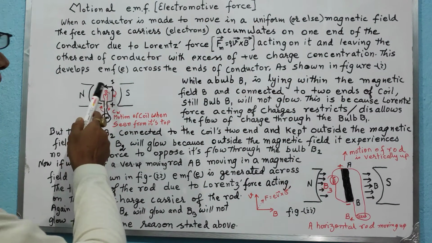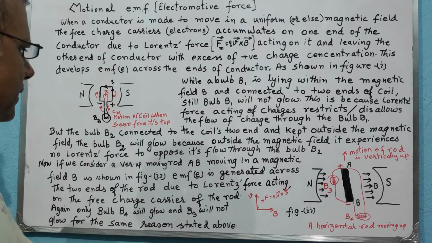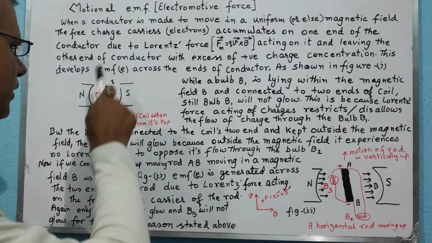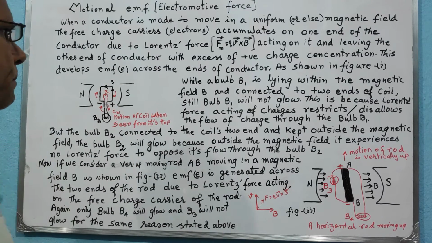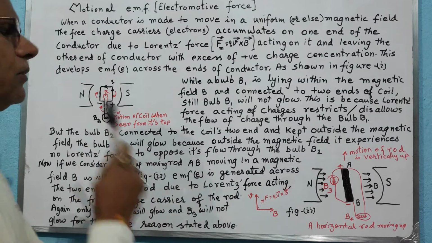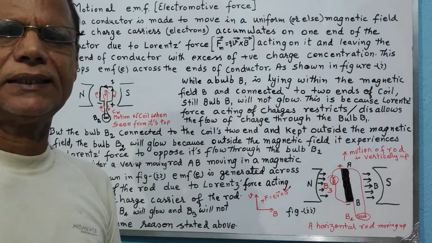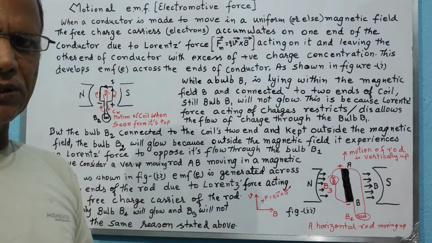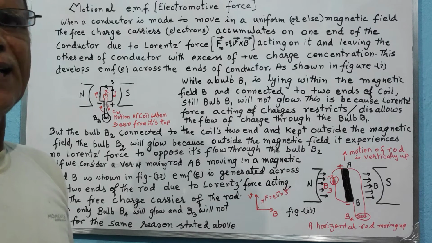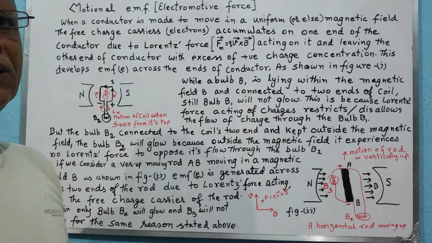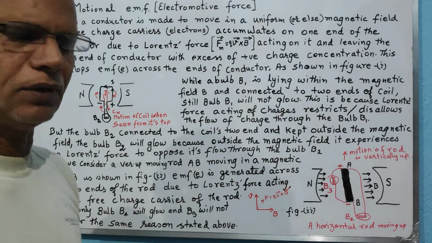Here we have a coil placed in a uniform magnetic field and that is rotated. When seen from top, it is having clockwise motion. We have assumed like that. Now in this case you can understand that the charge is present inside a conductor and that conductor is having motion. So due to motion, some Lorentz force will act on it, and therefore the charges of different nature will be accumulated at different ends of the coil.